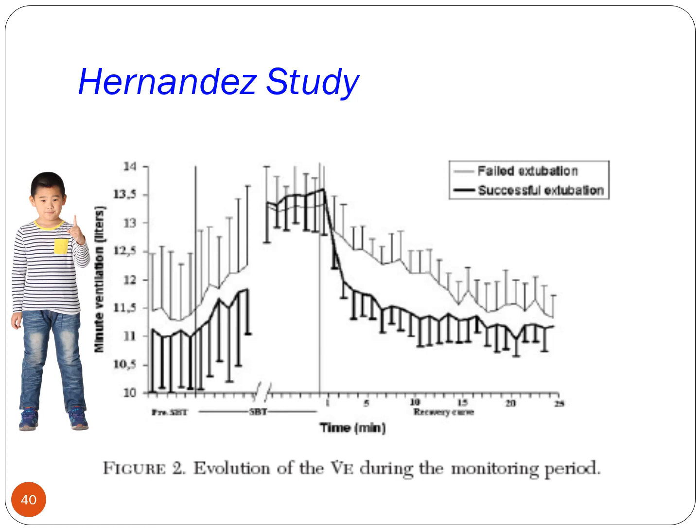You notice that the dark black line is successful extubation. The light gray line is failed extubations. And you can see the graph up here. The bottom part of this is your pre-SBT. What they did was measure the minute ventilation with pressure support. Prior to being extubated, they are on a pressure support of 10 or 12, whatever they are, and their normal minute ventilation is around 11 liters right there.